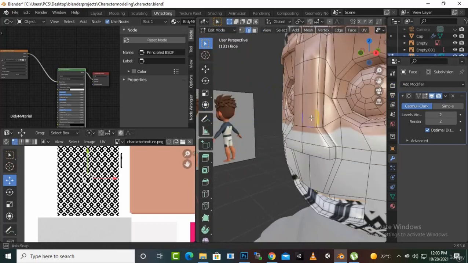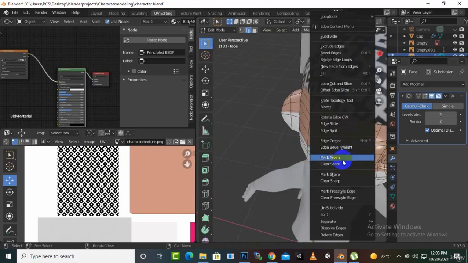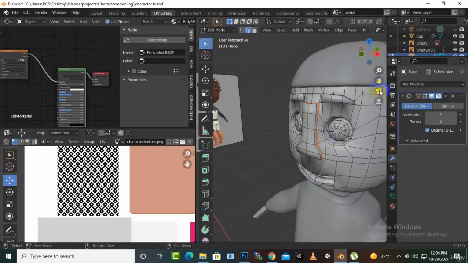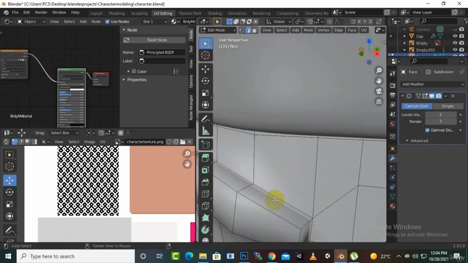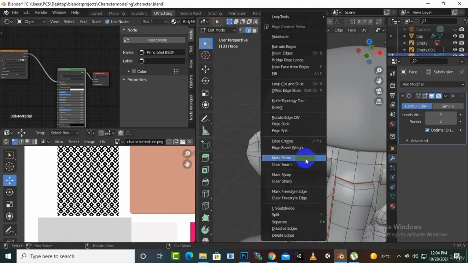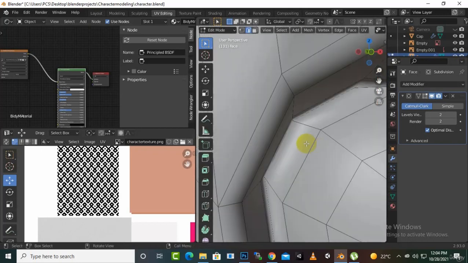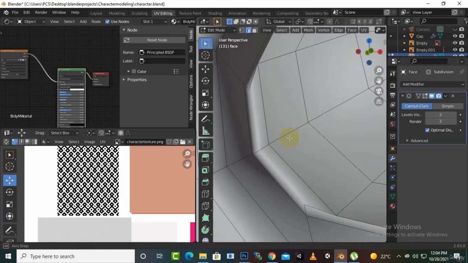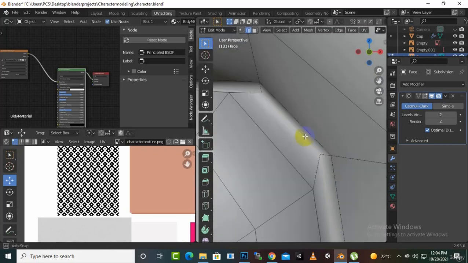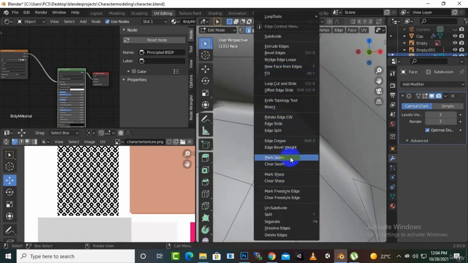So here you can see that we have nose. We will just select this loop, okay, for the nose, right click, mark seam, so this nose is differentiated now. For better visualization we can go to solid view again, and now we will just select this loop, and for this we will just select shift alt click to select this loop, right click, mark seam, and then for the eyes section, I think eyes section will be started from this loop, and you can see that this entire loop is selected or not. Yeah, it's selected I think. Yeah, it's selected. So we can just click on mark seam,